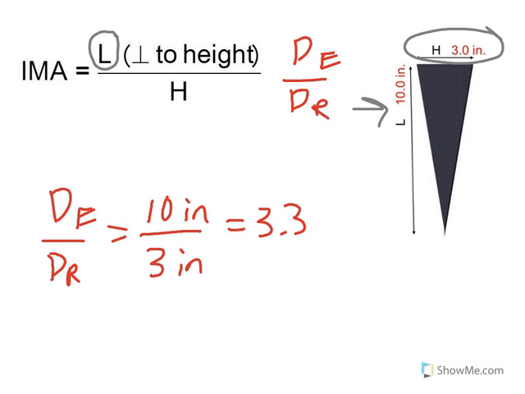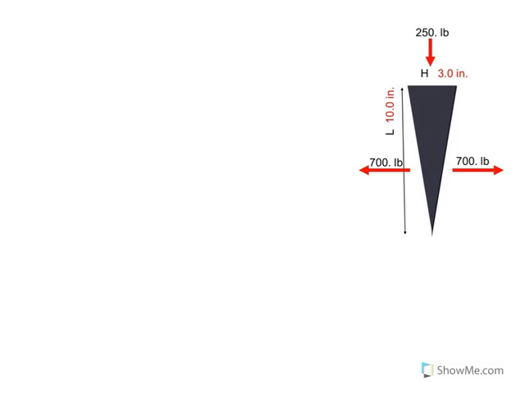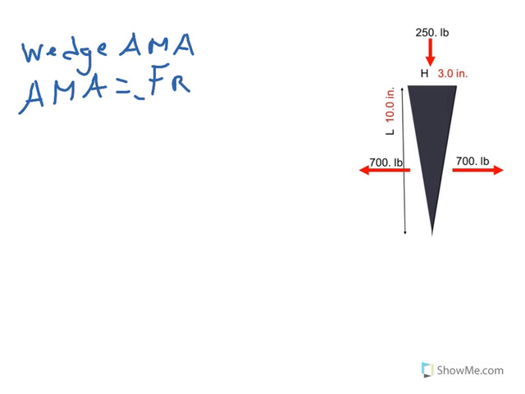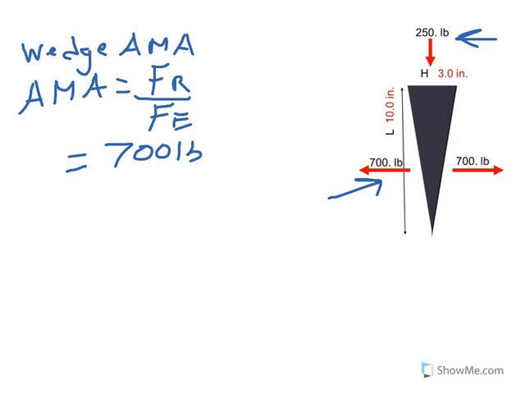Now that we've done the ideal mechanical advantage of a wedge, there's only one thing left to do, the actual mechanical advantage of a wedge. My wedge actual mechanical advantage formula is the same formula I've used for every other simple machine. We have our actual mechanical advantage being equal to my force of resistance over my force of effort. As I said at the beginning of the wedge section, this is going to be my force of resistance, and this is going to be my force of effort. So I'm going to just fill them in. 700 pounds over 250 pounds. That gives me